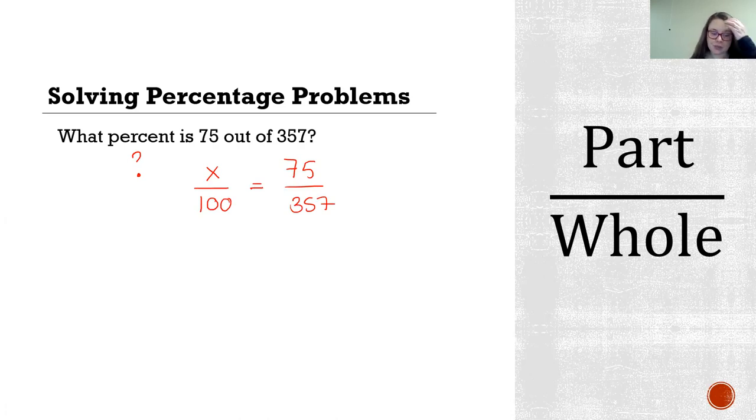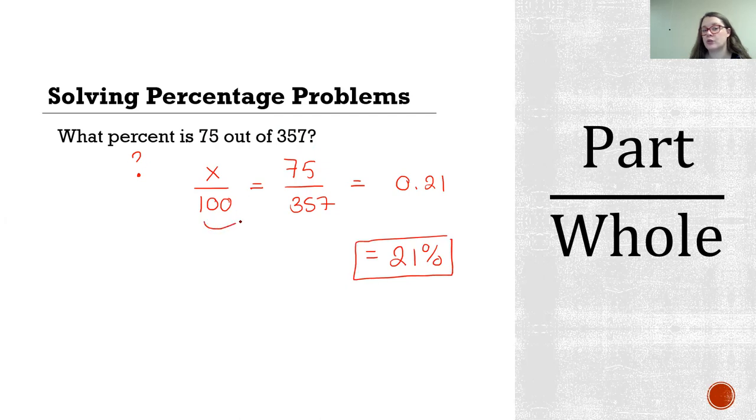So what out of 100 is 75 divided by 357? Well, if we do just 75 divided by 357, we get 0.21. What is that out of 100? You have 21 out of 100, so this is going to be equal to 21%. So this is just setting up the ratio form